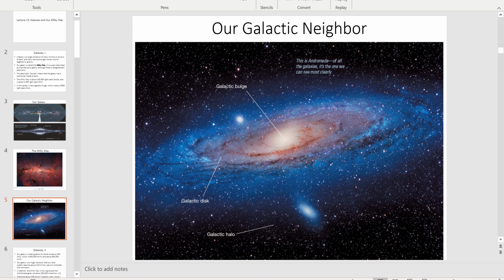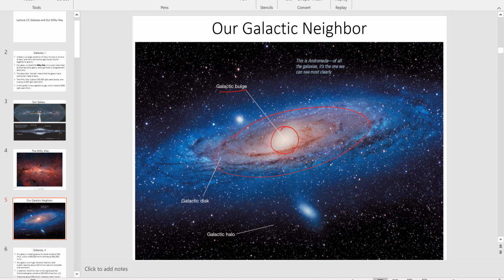So I'll leave the spiral arm part for a little bit later, but here I just want to point out several of the major components of a spiral galaxy. We have the galactic bulge. I'm repeating myself a little bit here, but this is just an example of what a galactic bulge looks like in another galaxy. Then we have the galactic disk, once again similar to the Milky Way galaxy. And something I didn't mention is that there's a massive galactic halo surrounding the galaxy, which is mostly invisible. The galactic halo is everything around the galaxy, basically, in this picture.